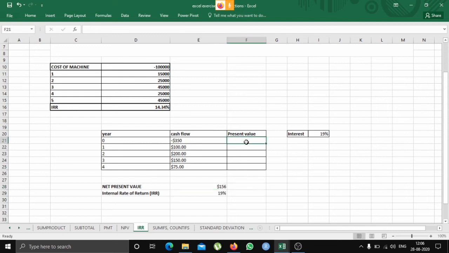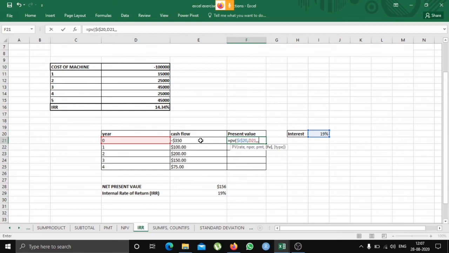Now let's calculate the present value of all the cash inflow and outflow, for which we need the function PV. Open the bracket, enter the rate of return. This is 19%, but the rate of return is constant for all the years, so we'll put dollar signs to make that cell constant. Put a dollar before the row and the column. So it is I20, and then enter the NPER, that is 0. Since it is a cash outflow in the initial year, we'll consider the year as 0. And when we don't have a payment, we have a future value. So we need to enter a comma twice to skip the payment.